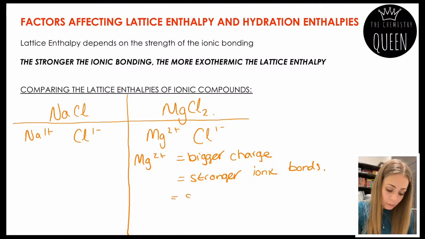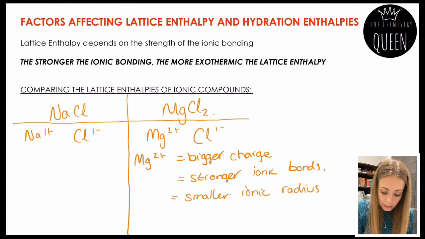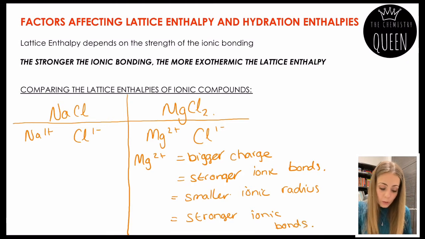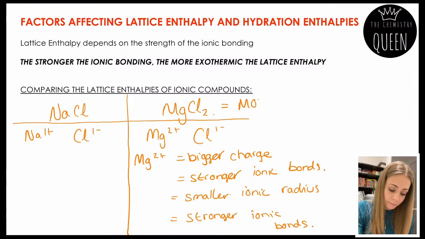So magnesium 2+ will also have a smaller ionic radius compared to the sodium 1+, which again results in stronger ionic bonds. So we can come to the conclusion, or we can predict, that magnesium chloride this time will have the more exothermic lattice enthalpy